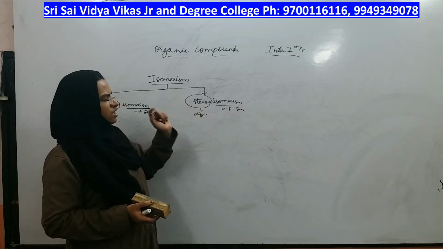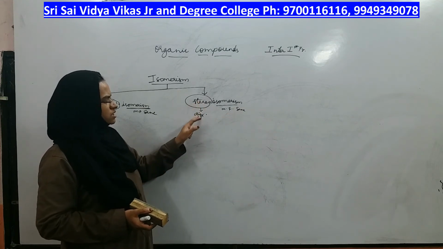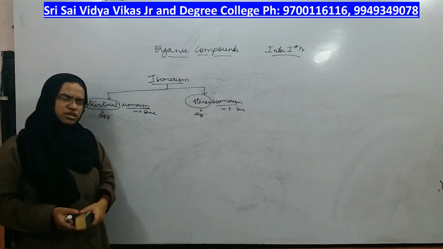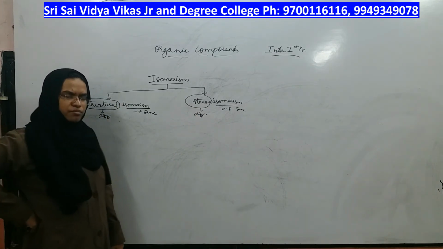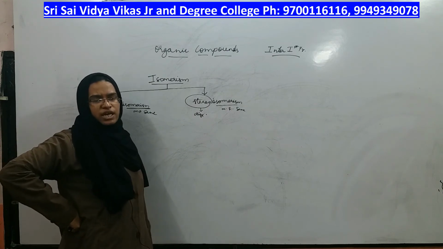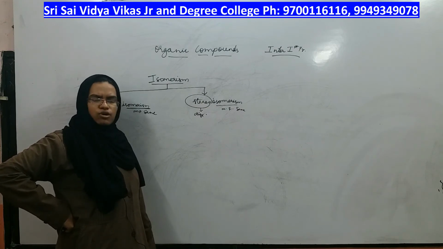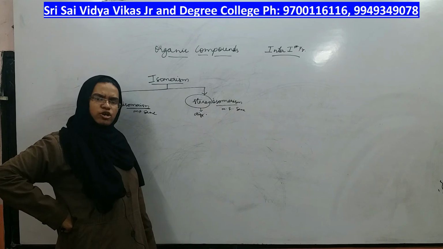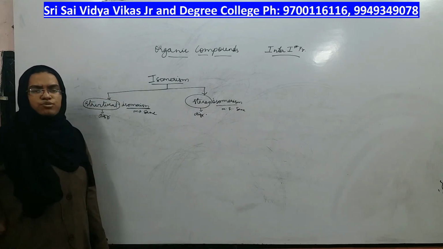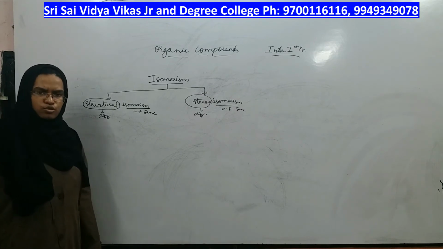Next definition: when two compounds have the same molecular formula but different orientation, which means the structure is the same but the group, in compound A the chlorine is present upwards and in compound B the chlorine may be present downwards. In compound A the alcohol may be present on the left side, in compound B the alcohol may be present on the right side. The direction in which it is pointing is called the orientation of the groups, right?